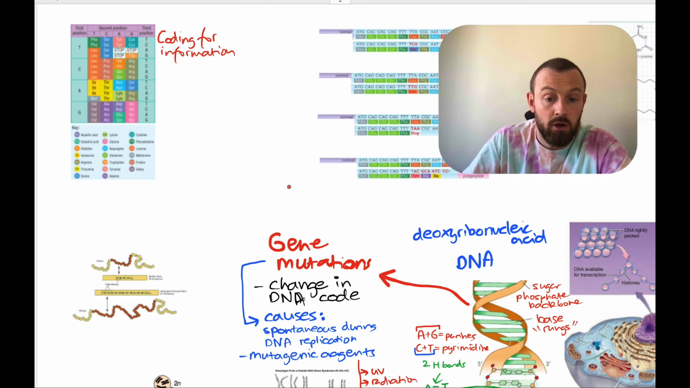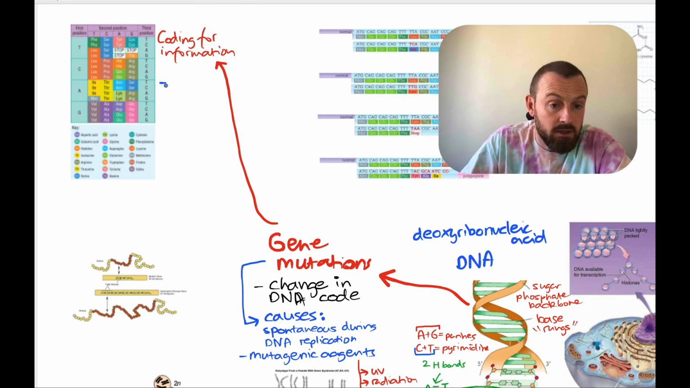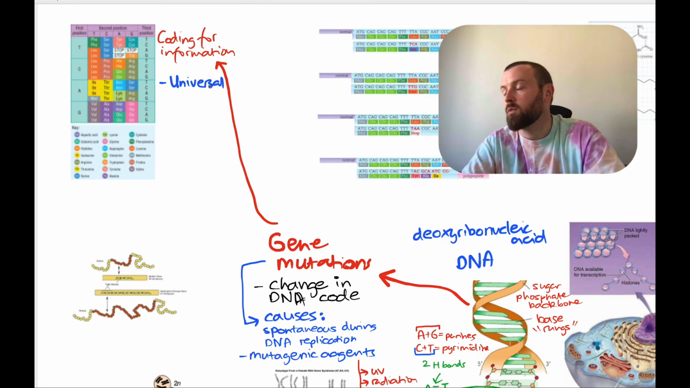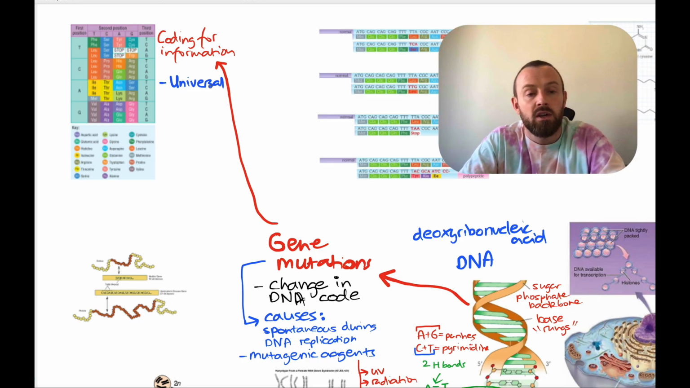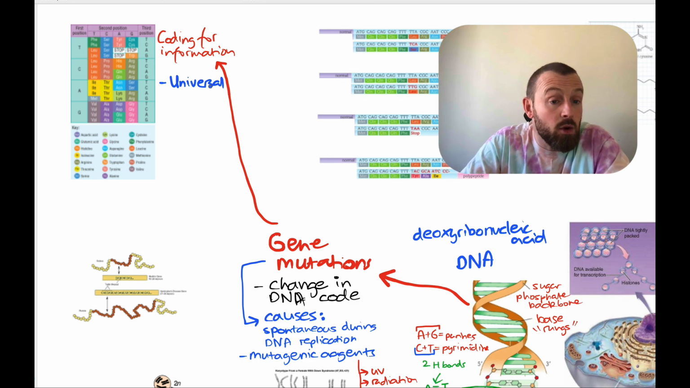So up here, coding for information. And the DNA code is a couple of things. It is, number one, universal. That means that all living things use exactly the same DNA code. So if there are 3 bases in a sequence, for example, TTC, that would, in every single living thing, code for the same